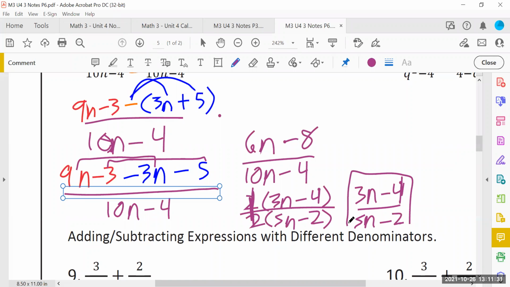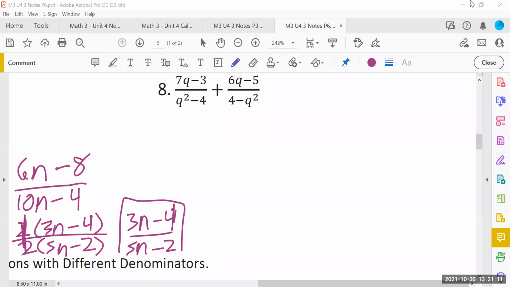Let's try some homework problems. The homework for tonight, and really, again, we're not going to finish this in one lesson, so we'll finish it up tomorrow. But we're going to be doing 1 through 21 odd. Right now, let's try numbers 1 and 3. Okay, everybody? Try numbers 1 and 3. 1 should be real fast. 3 is much closer to what we just did there on example 7. All right, so for number 8,